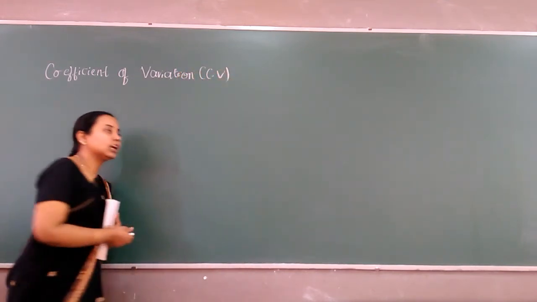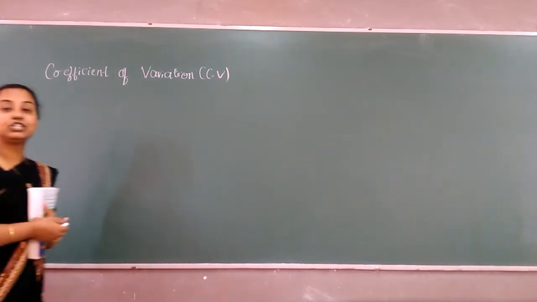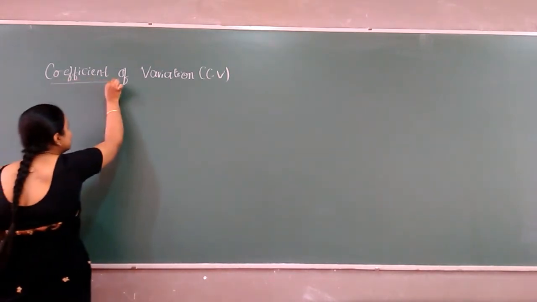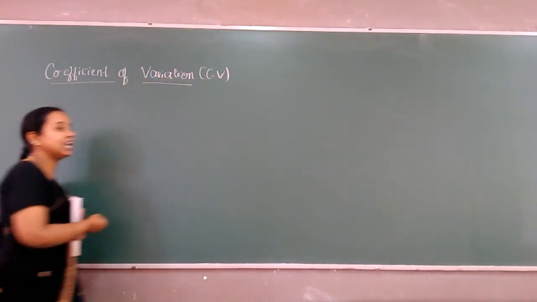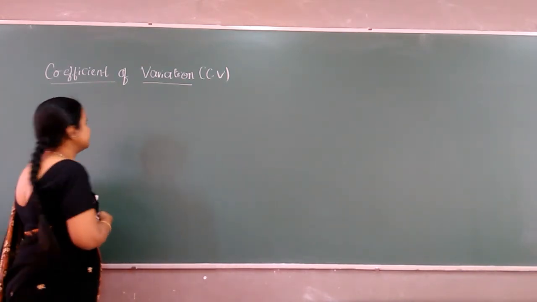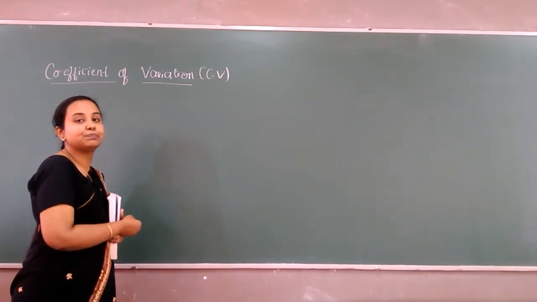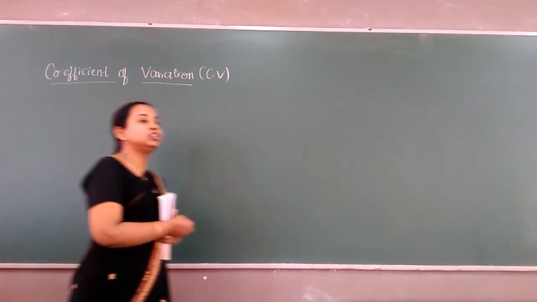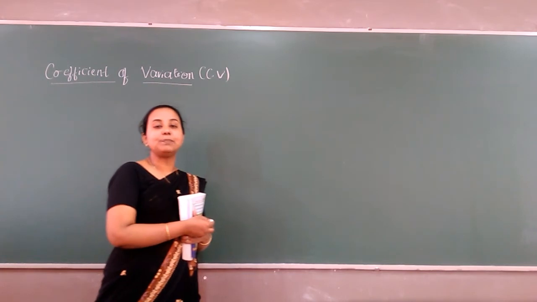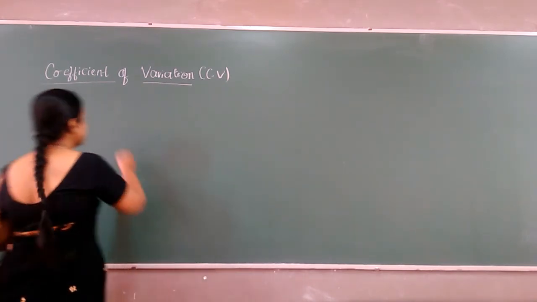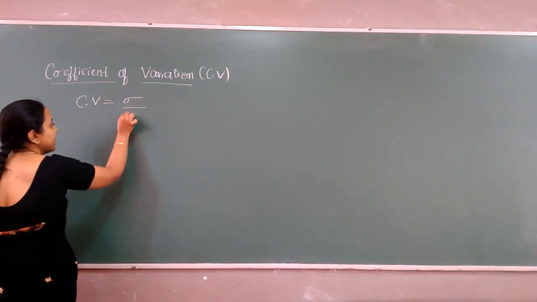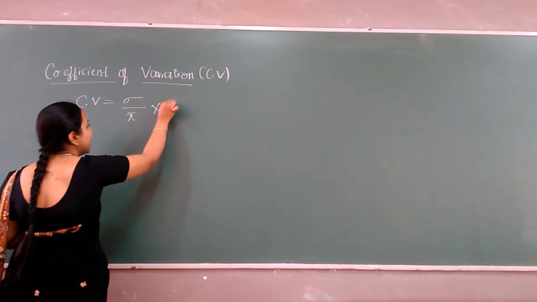Okay, CV is not your curriculum vitae, it is coefficient of variation. So the name itself says what it is. It is a coefficient which denotes the variation among two given frequency distributions. That is nothing but coefficient of variation in simple language. So coefficient of variation uses the knowledge you have studied in your previous classes. That is, coefficient of variation CV is given by the formula standard deviation divided by mean into 100.